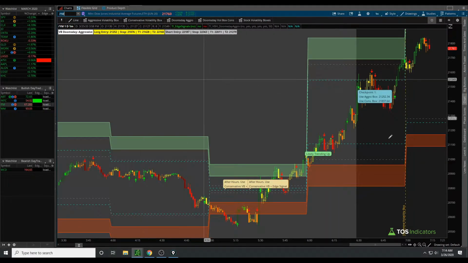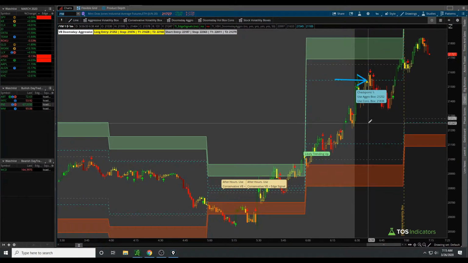However, if you go to the Dow, you'll notice something different. We did breach our aggressive volatility box line. So now our trading assistant comes out and tells us, hey, do you hit 2152 first, which it's closer to right down here? So we know that we didn't hit 2152, not even in the closest. Or do you hit 21838 first, which is outside of the box first? The high of this candle was 21842, which is above 21838.